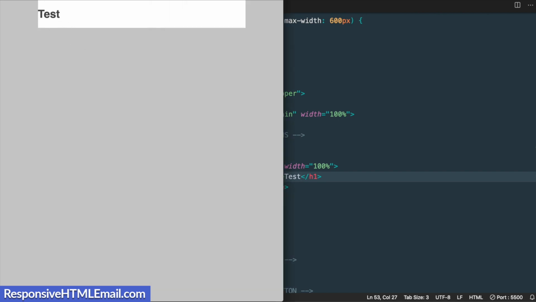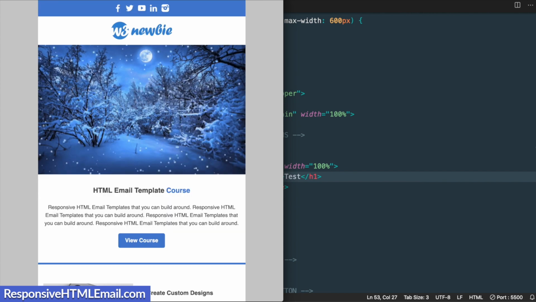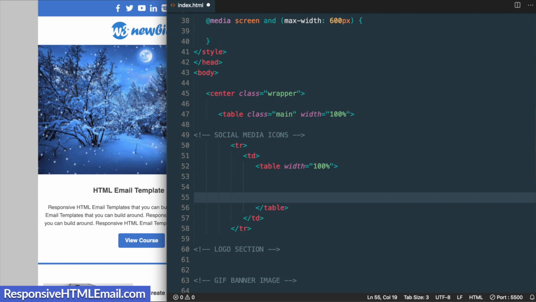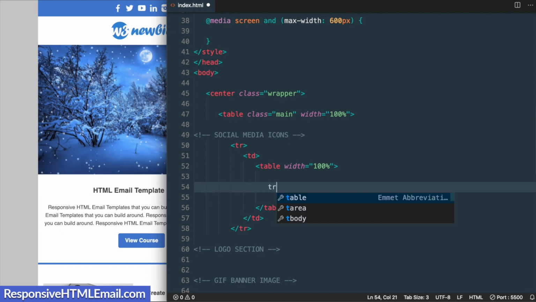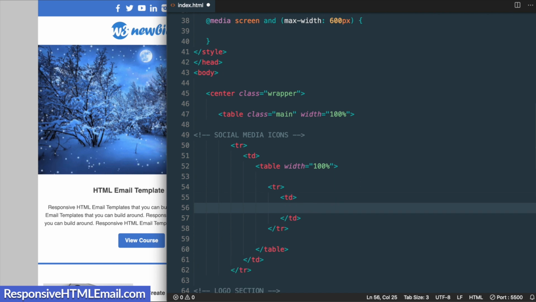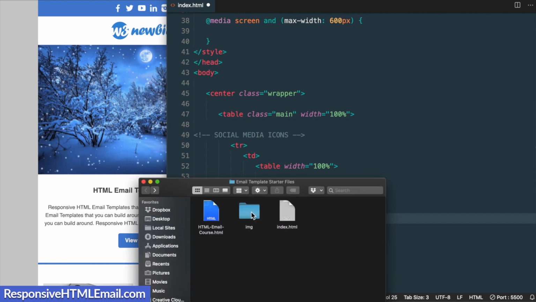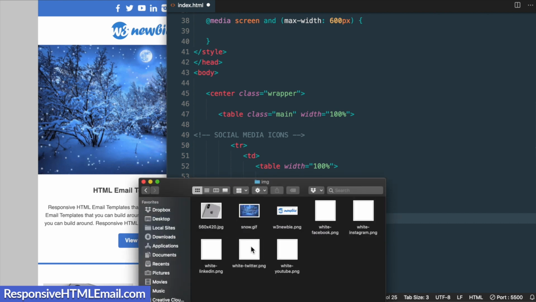So with that, we're ready to start laying out the first section, which is the social media icons up at the top of the template. So let's start with a new set of table row and table data tags. Then we can start adding our content inside of these. So we'll add tr, and inside of that we'll have our td tag. Then we can add some space, and we're going to add our social media icons, which will be inside of the image folder. So for example, we have